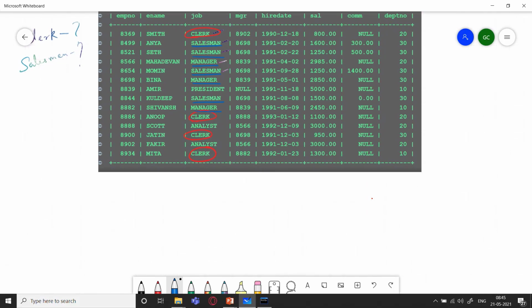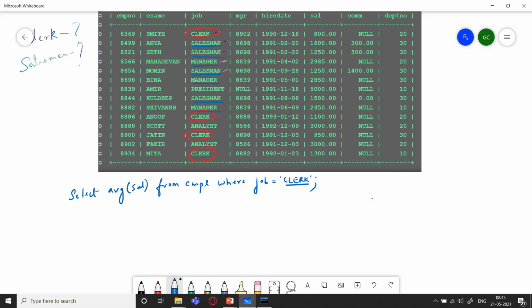Either I use a where clause, like I simply write here, select AVG salary from EMPL, where job is clerk.